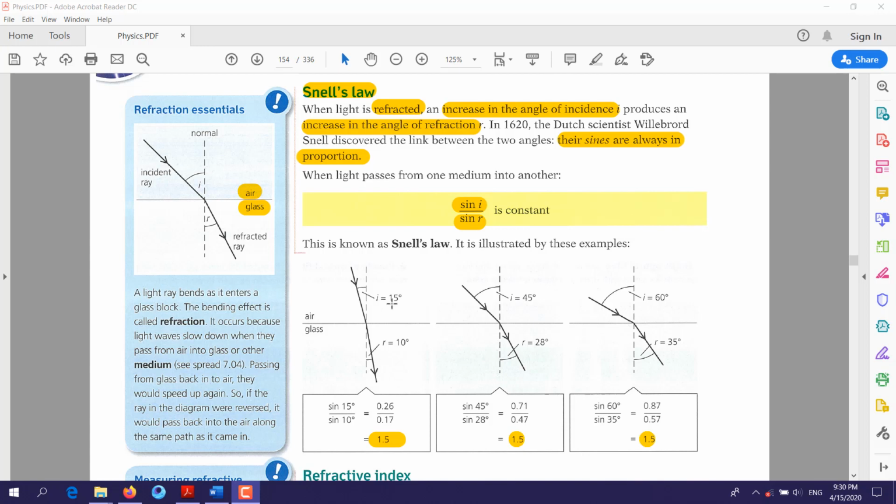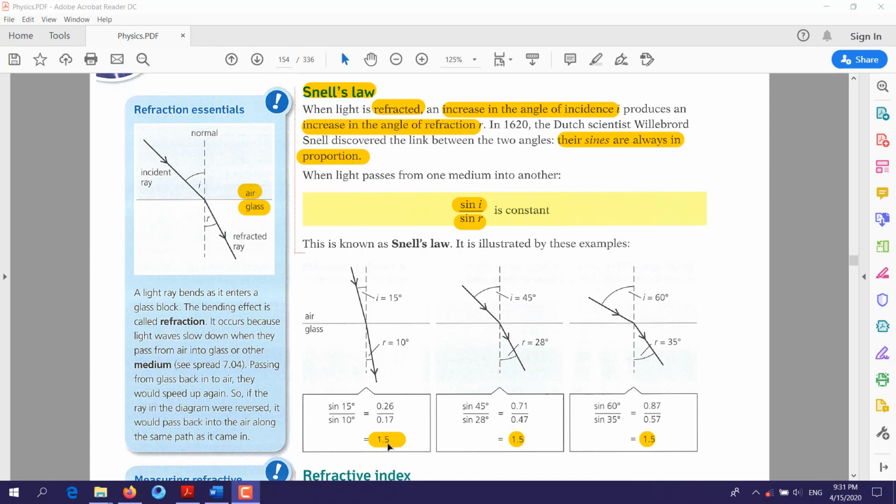Here it was 15 and here it was 10. So he said that sine of the incident angle over sine of the refraction angle is always constant. Now, sine of 15 over sine of 10 is equal to